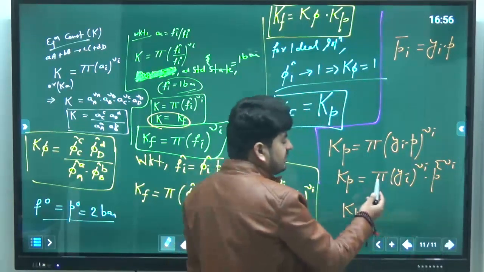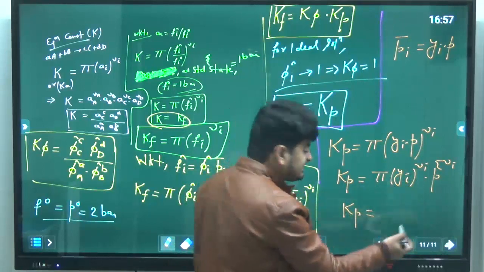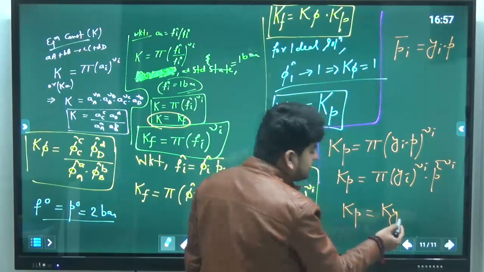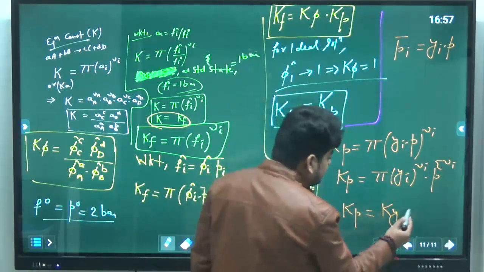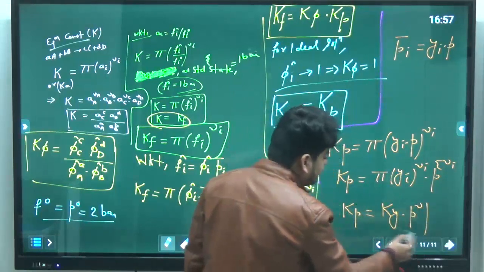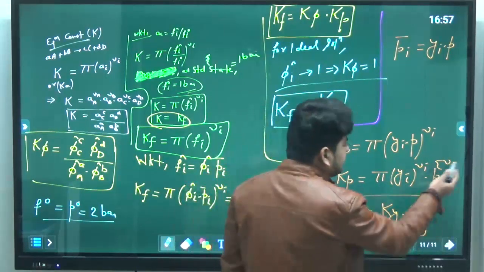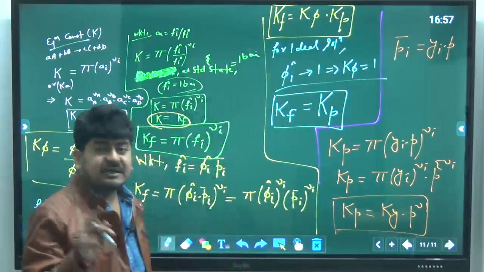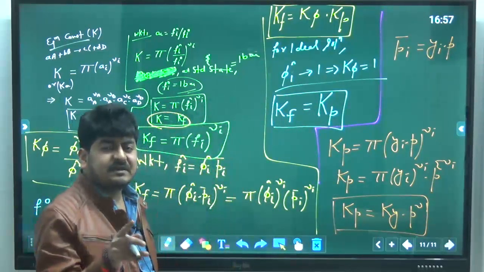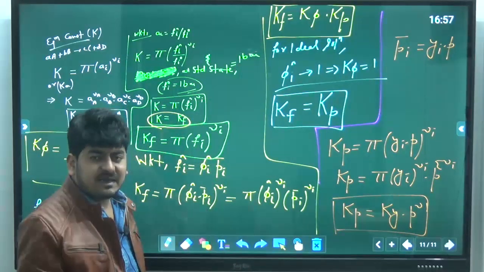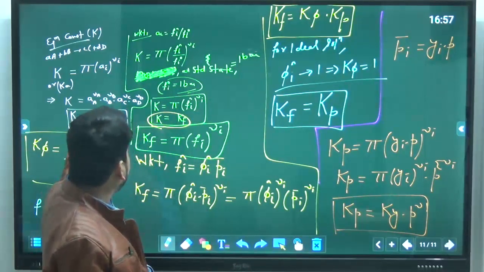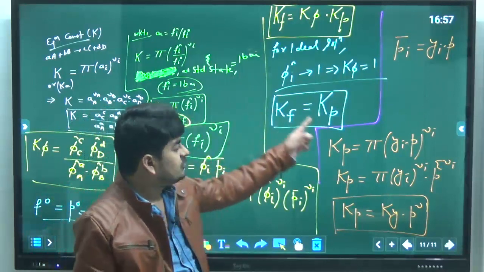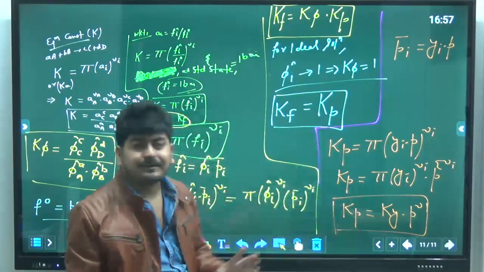So you can say Kp is equal to product summation Yi power nu i, which is capital Ky, the equilibrium constant in terms of mole fraction, into total pressure power nu, as summation of nu i means overall stoichiometric coefficient. So if given pressure is 1 bar, standard state is 1 bar, and that is an ideal solution, so K will be equal to Kf, that is equal to Kp, that will be equal to Ky.